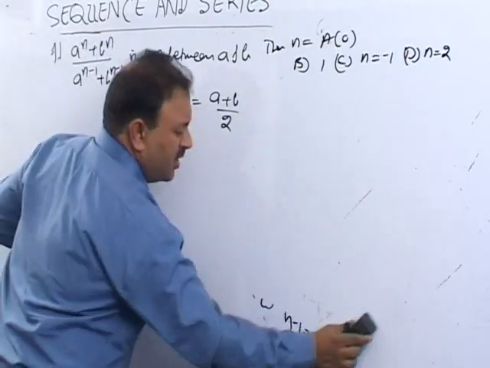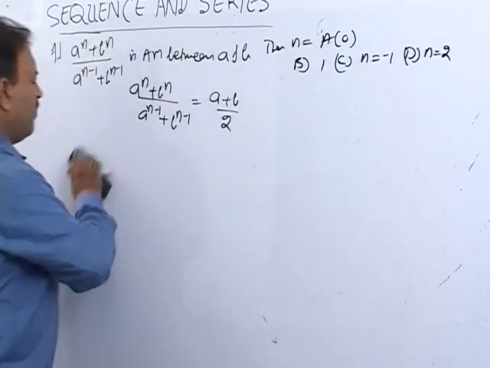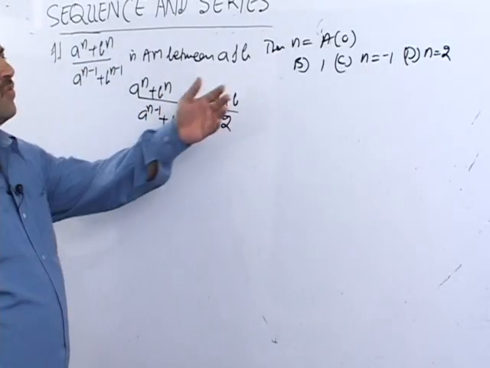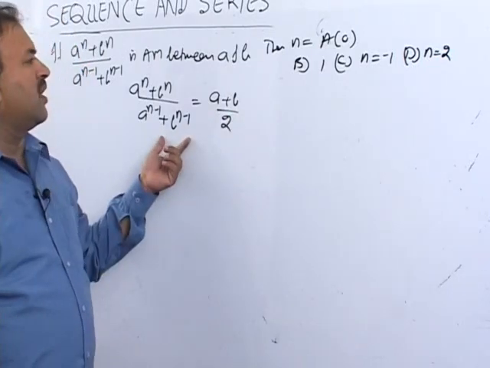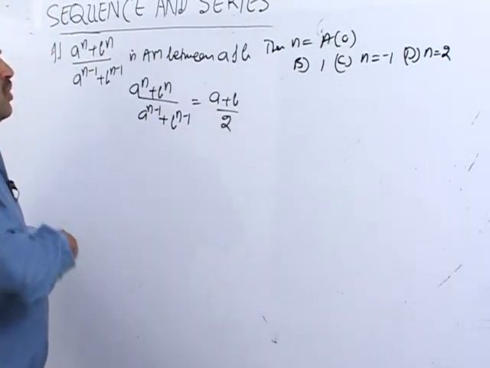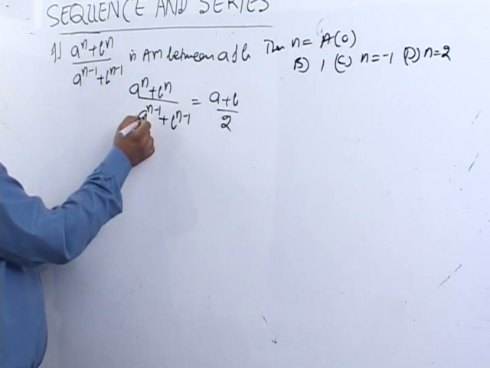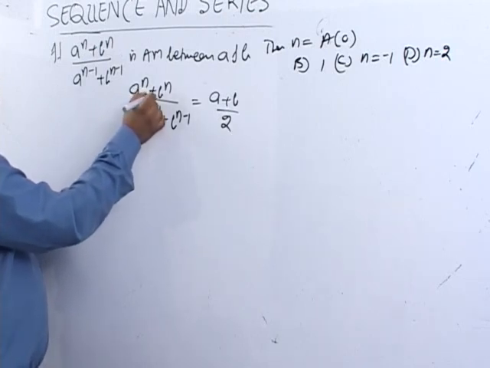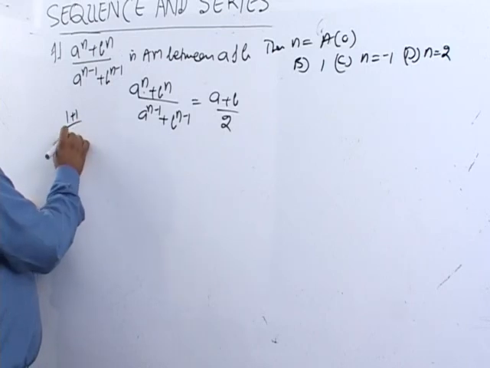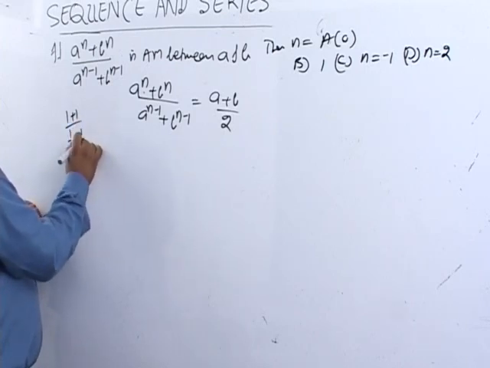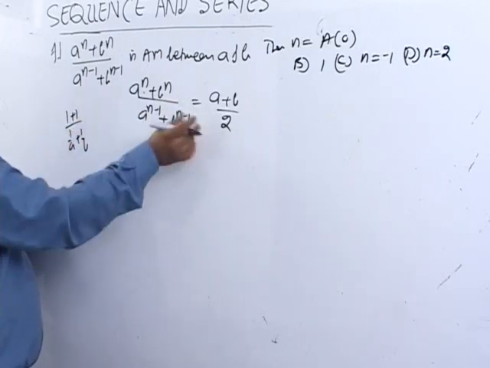हम जैसे क्वाड्रेटिक में किया था, हम वैसे ही इस क्वेश्चन में चारों ऑप्शन पुट करके देख लेंगे, कौन सा सेटिस्फाई करेगा. n की जगह जब सपोज 0 पुट करते हैं तो क्या आ जाएगा, it comes out to be 1 upon A plus 1 upon B. This is not equal to this one.